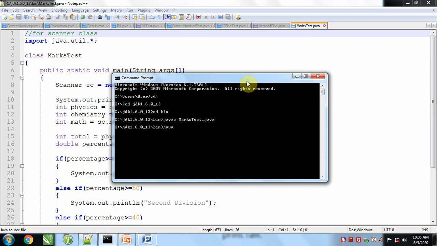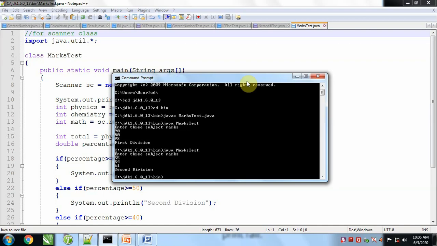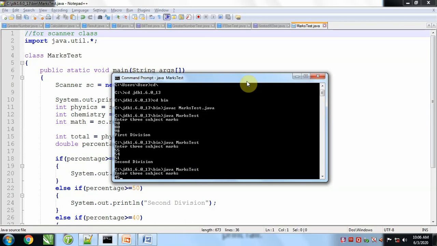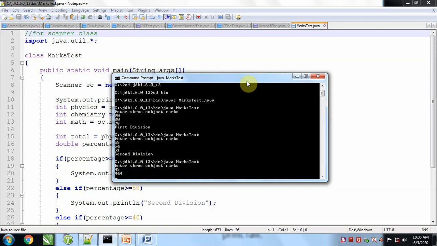Run this program, java MarksTest, enter. Enter 3 subject marks. If I write 90, 80, 98, first division. For second division we will take 55, 54, 51. For third division we will say 45, 44.